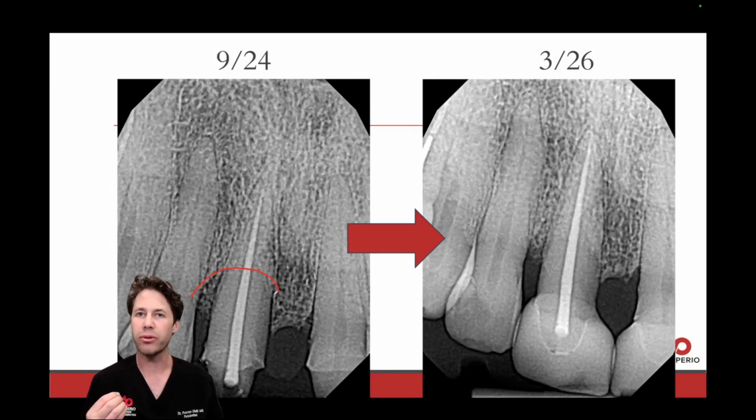And look at the aesthetic results, or look at the bone regeneration at 18 months. Notice the osseous fill on the distal aspect of tooth number 8. Incredible results. We know with the laser assisted regeneration protocol that 80% of osseous fill occurs within the